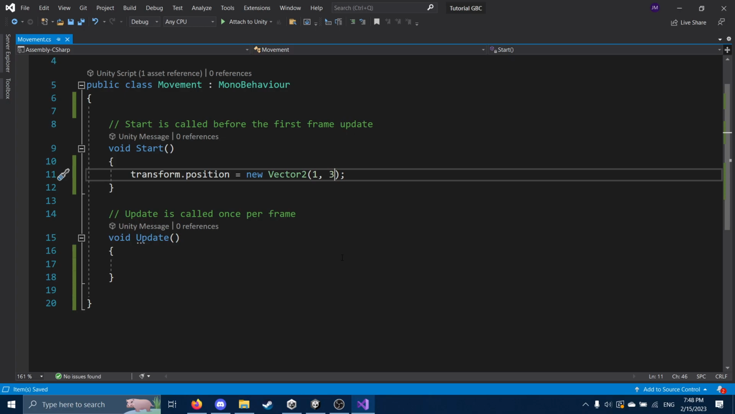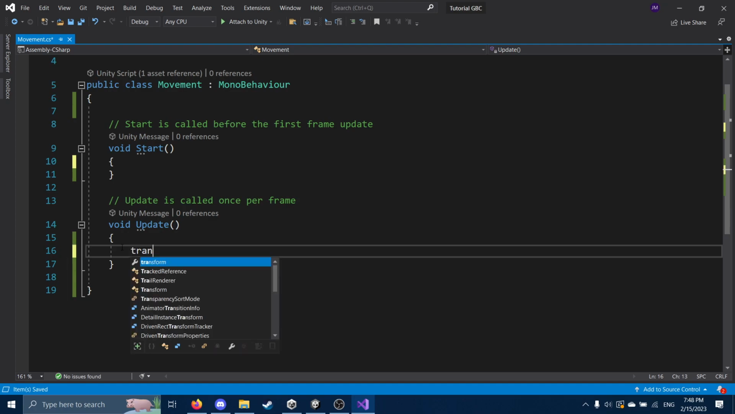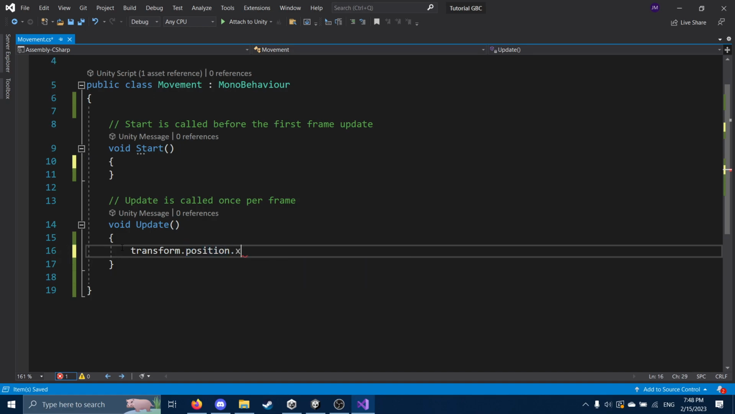Now I'm just going to quickly do a basic movement. I'll do an update because update keeps happening over and over. I don't want to move the object once when it starts. Of course, transform.position. And by the way, a lot of Unity things, I can't just do transform.position.x equals 1,